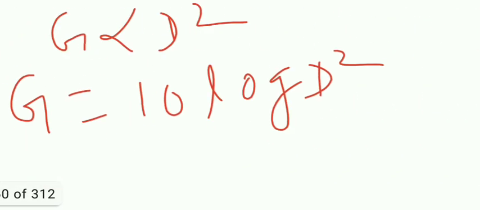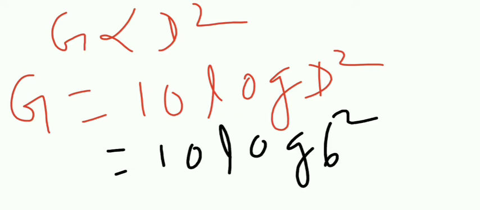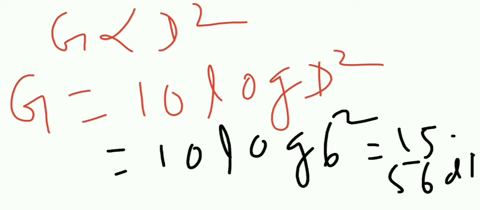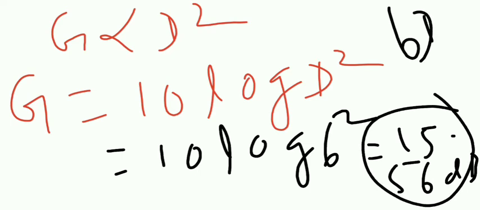So let me increase the diameter by 6 times. If we increase the diameter by 6 times, it means 10 log 6 squared. So 10 log 6 squared is 10 log 36. That will be equal to 15.56 dB. But what they ask is only a 6 dB improvement. So if we increase the diameter by 6 times, instead of D, I substitute 6D, so it will be 36. So gain will be increased by 15.56 dB. So it's not the answer.